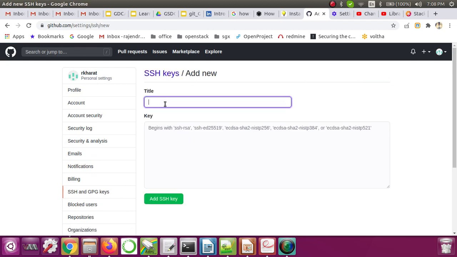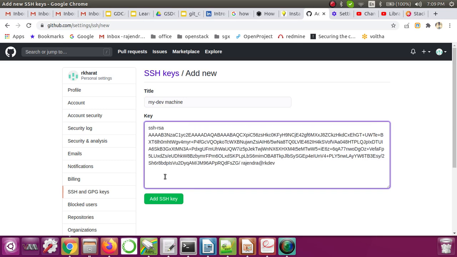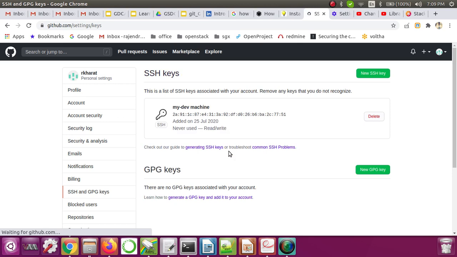I'm giving the name, my dev machine, as the key name, then I'm providing the SSH key, and then add SSH key. That's it. Now going forward, this repo will understand that for this particular account I don't need credentials every time to commit.